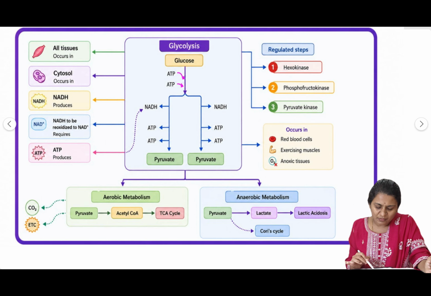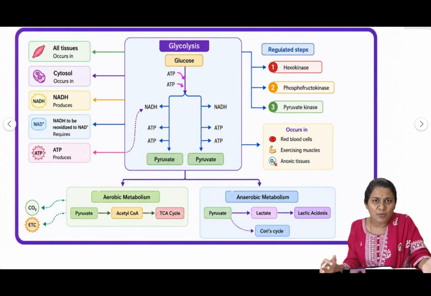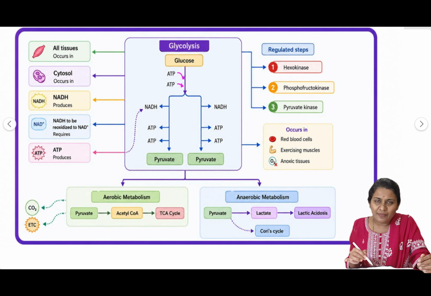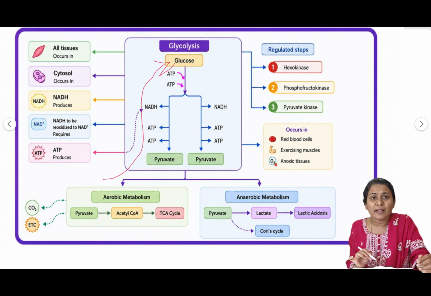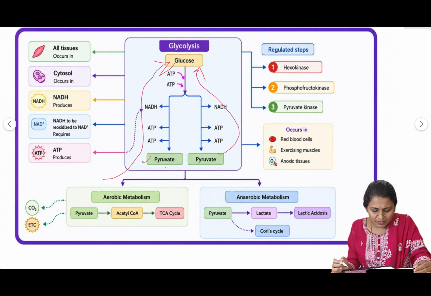So this is the glycolysis pathway. Why I am discussing glycolysis here is, just now I told you gluconeogenesis is going to happen. Even amino acids produce glucose, which is what we call gluconeogenic amino acids. Glycolysis is a pathway where there is a degradation of glucose. This pathway can also be reversed to produce glucose in what? In fasting condition. Here pyruvate is there, and this pathway can be reversed and we can produce glucose whenever there is fasting.